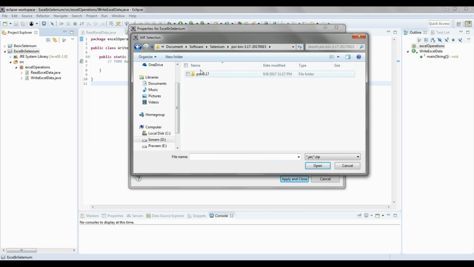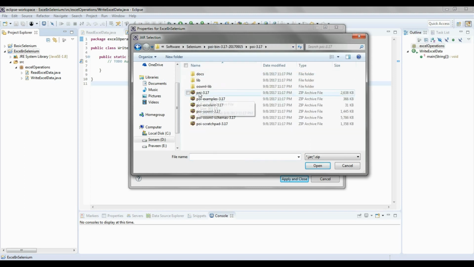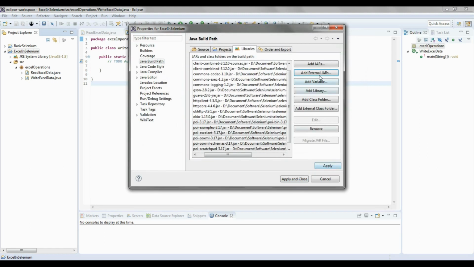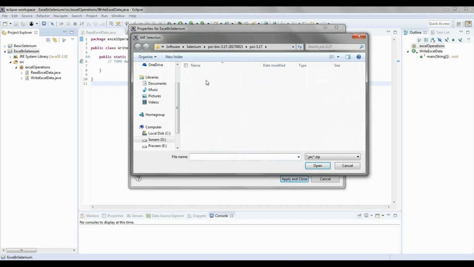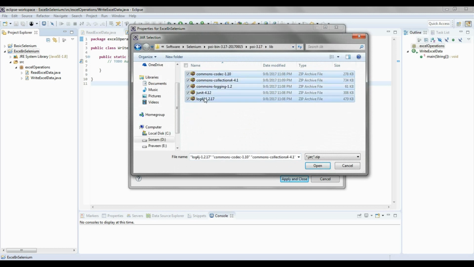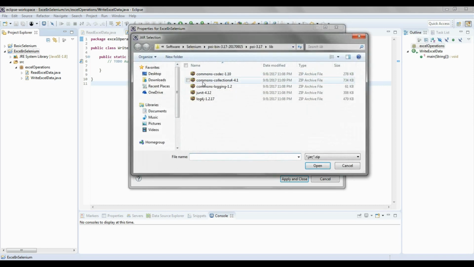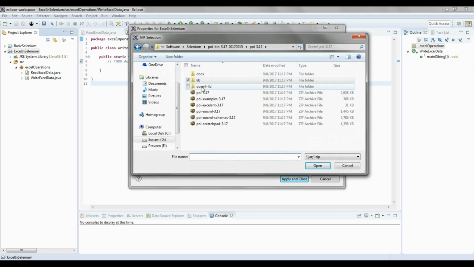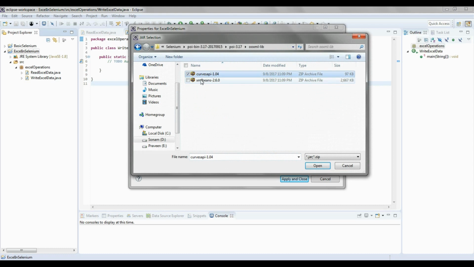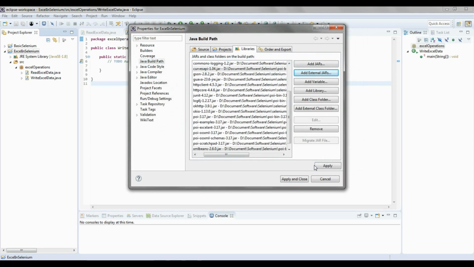Click this folder. So under this I have this jar file. So first add this. Then under lib folder I have 5 jar files. Select all and add them. Then under this lib folder I have 2. So select both and add the jar files. So we need to add all the jar files under the Selenium folder and the POI folder that we have downloaded. Click on apply